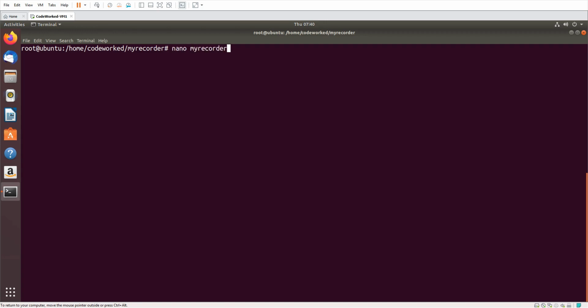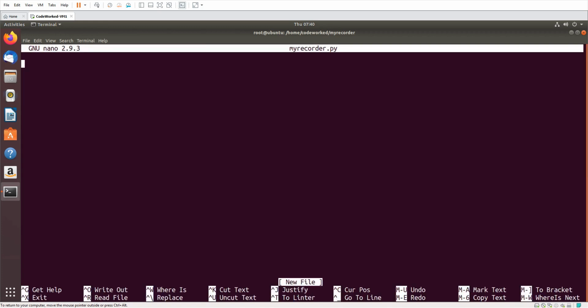My recorder.py. Okay, here I will import tkinter as tk, and from tkinter import everything. From tkinter import filedialog, and import os. You will see later in this video why I'm importing os and filedialog.